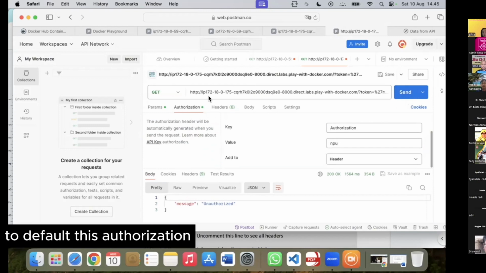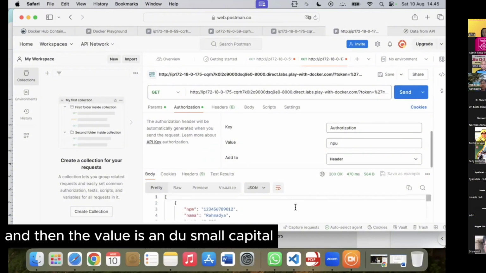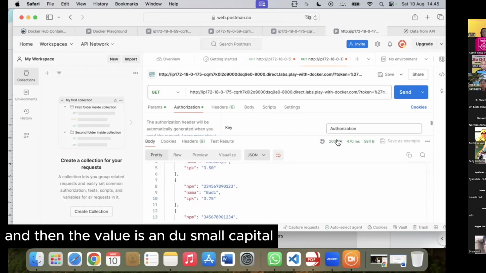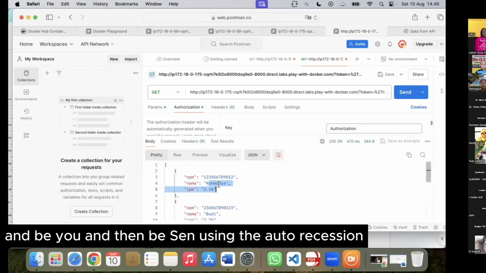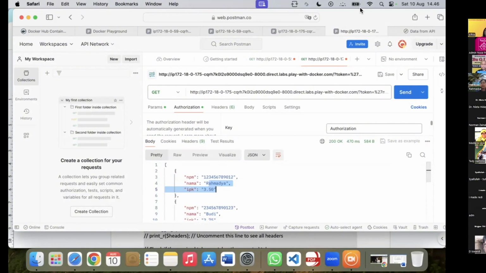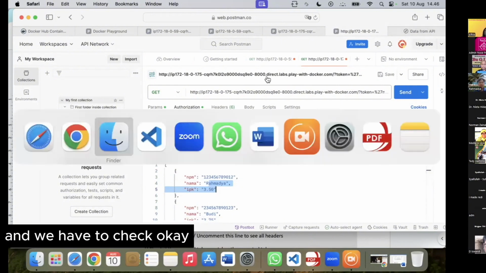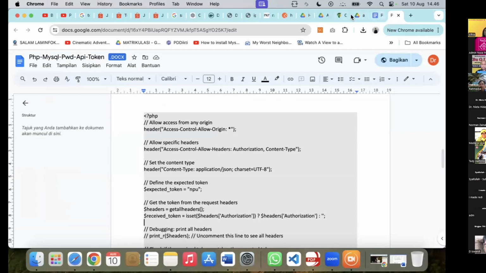The default key is authorization here, and then the value is NPU, small capital, NPU. Then we send using the authorization, and we have to check whether it is okay or not here, and this is the result.